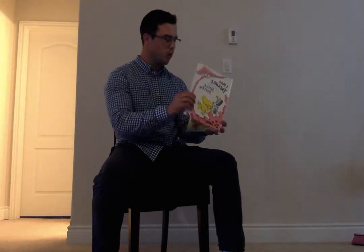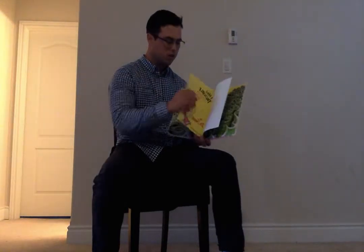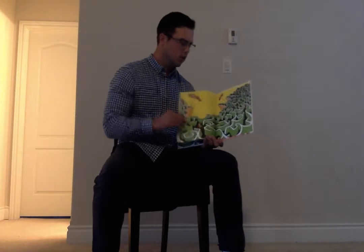Perfect. So we'll open the book and we'll say, do we open to the front? Do we open to this side of the book? Or are we going to open it this way and read this way through the book? No, or should we start in the middle, maybe? Maybe that's how we're supposed to read it. We read it one way and then that? No. So we'll ask students,